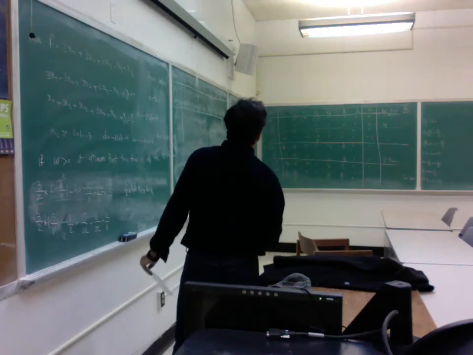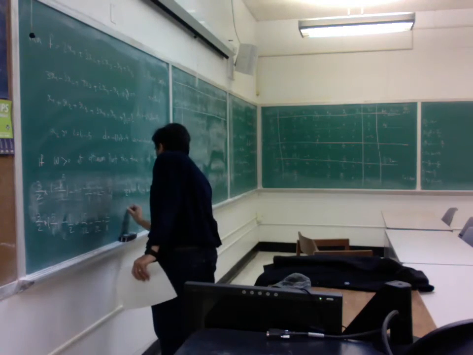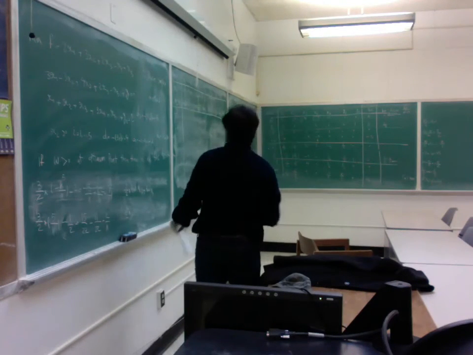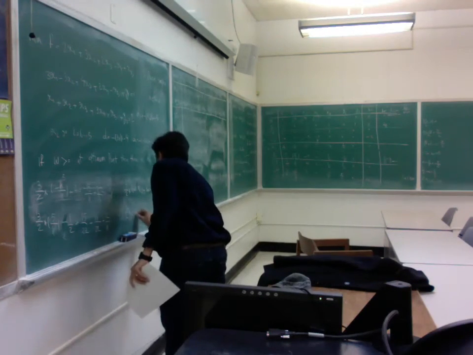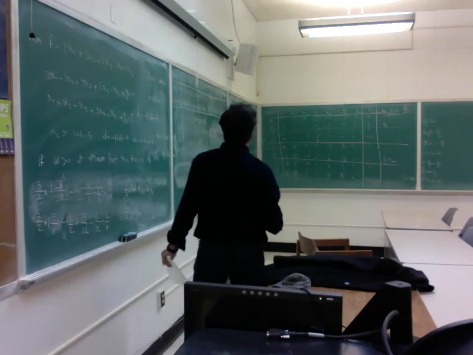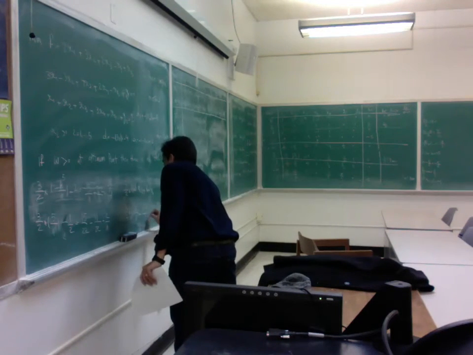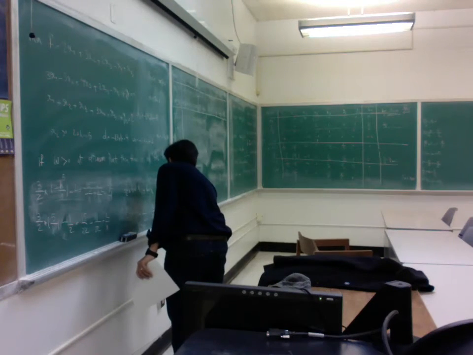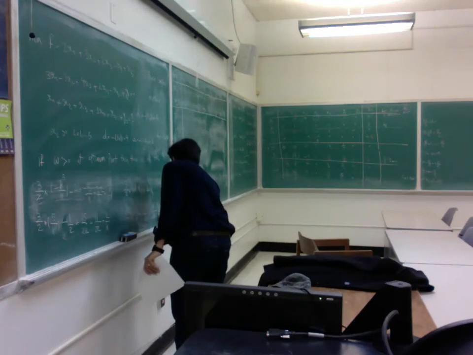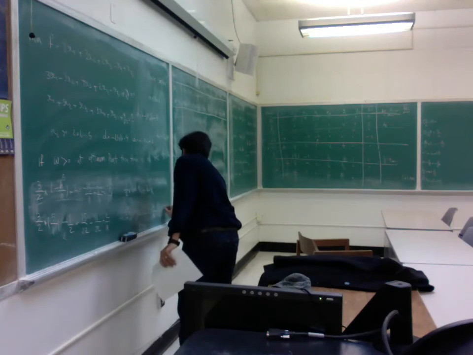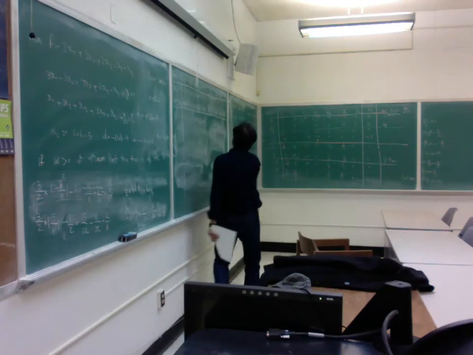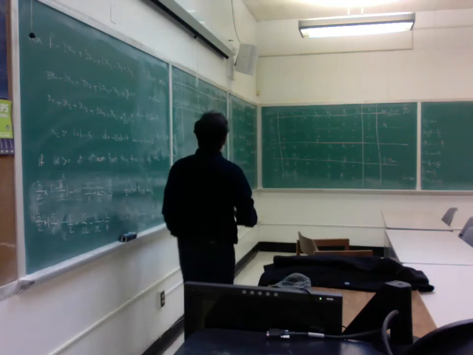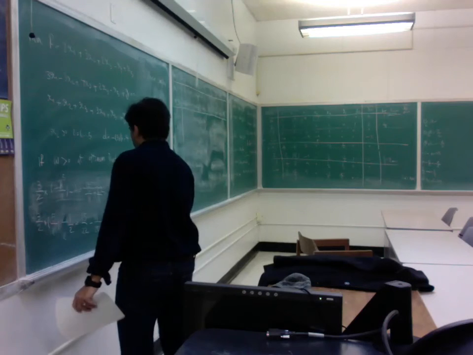3 over 2 times negative 3 over 11 plus 1 over 2. Negative 9 over 22 plus 11 over 22, that is 1 over 11. And y2 is going to be